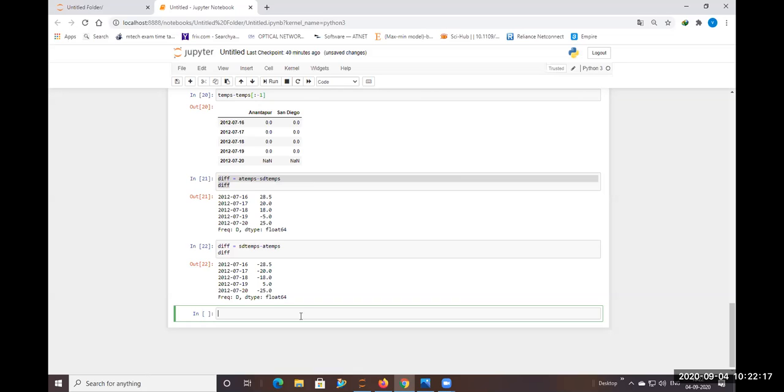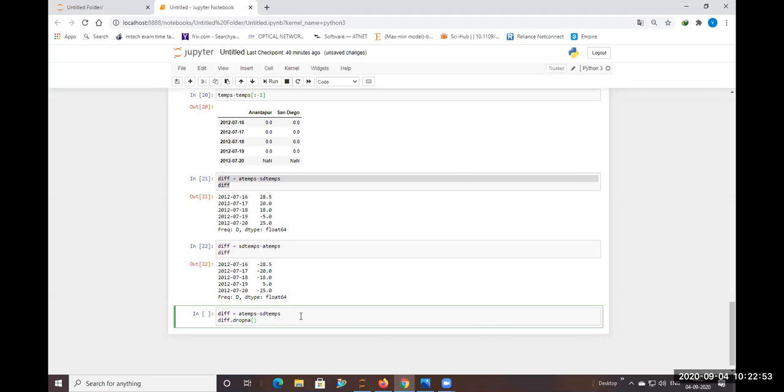And next, if I want to drop one value, let me write here difference is equal to A terms minus SD terms, then difference.dropna.